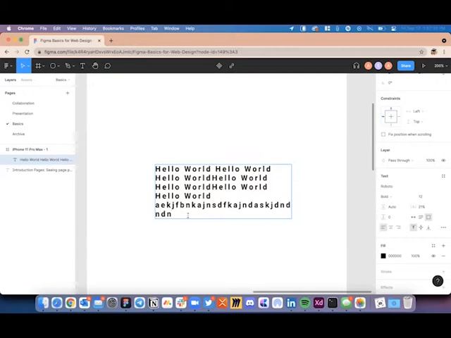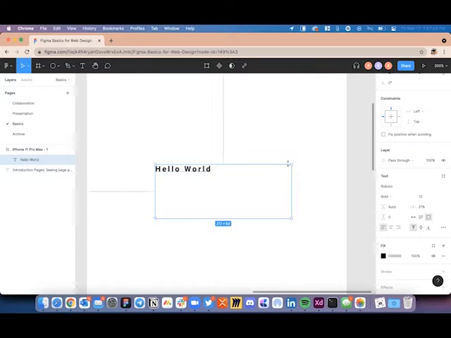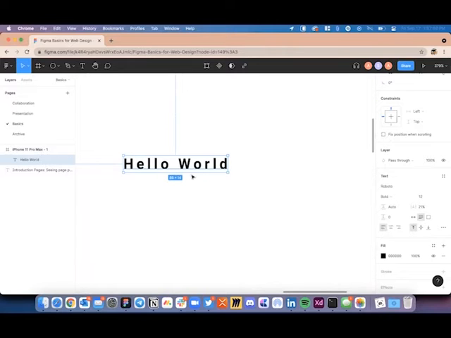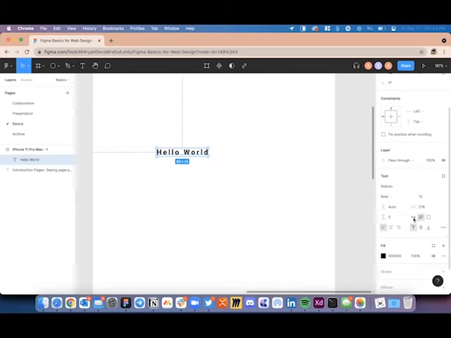But if I had something like this and my box was bigger, so if I just have hello world, but my box is bigger, I can either set it to auto width, or auto height, which will reduce the height and width to the specific verbiage that we have used. And the same goes for auto width. And if we had a larger box, we can also set the text alignment horizontally by bringing it to the center or the right, or vertically by bringing it to the middle or the bottom, like this.